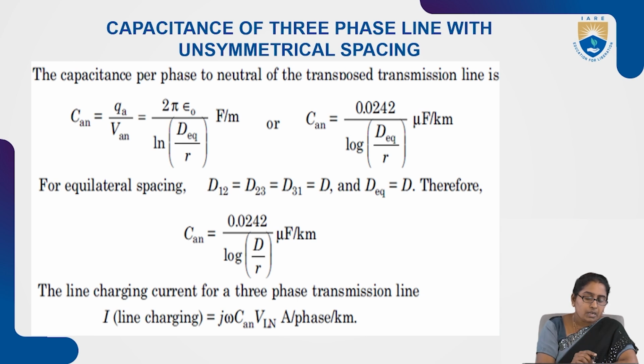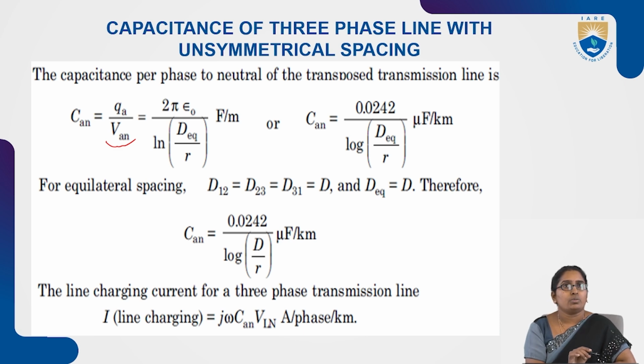If we substitute that expression for VAN, we will get 2 pi epsilon by log of capital D equivalent by r. If you remember the same expression for the single phase line also, and for the three phase line with symmetrical spacing also. This is per phase capacitance, 2 pi epsilon naught by log of